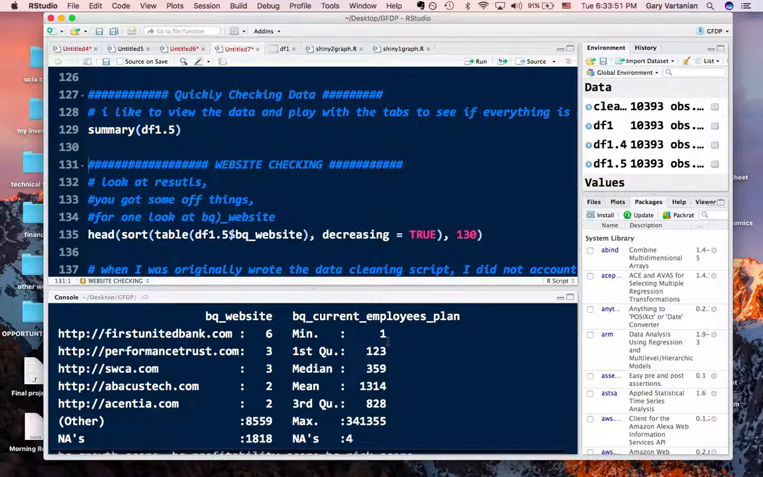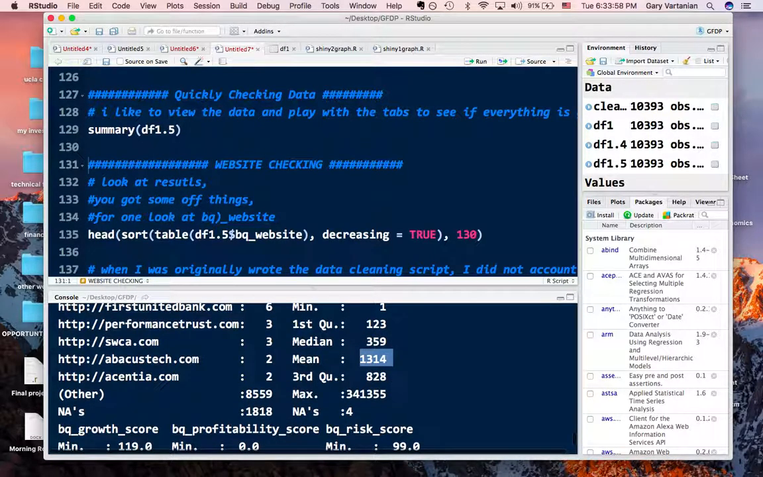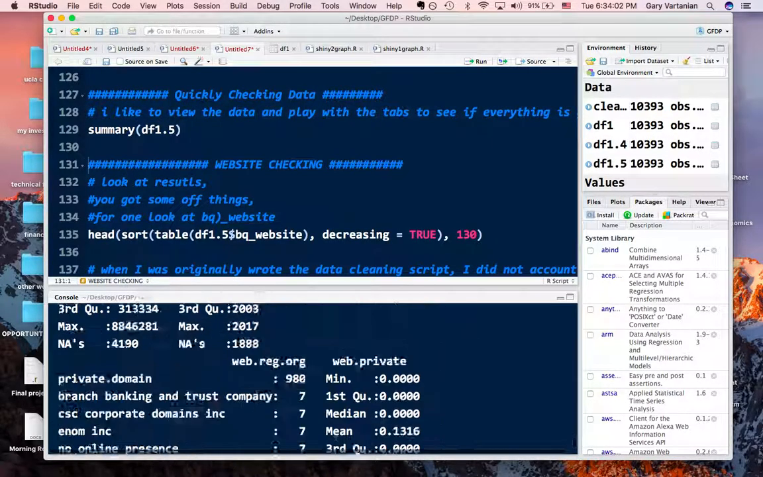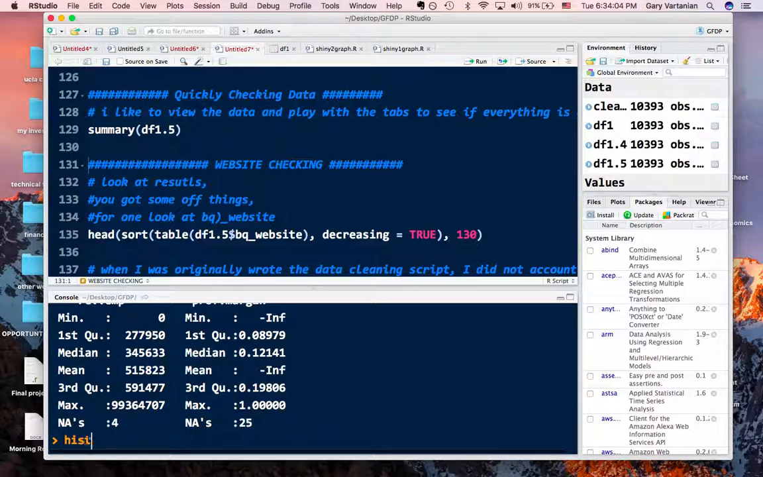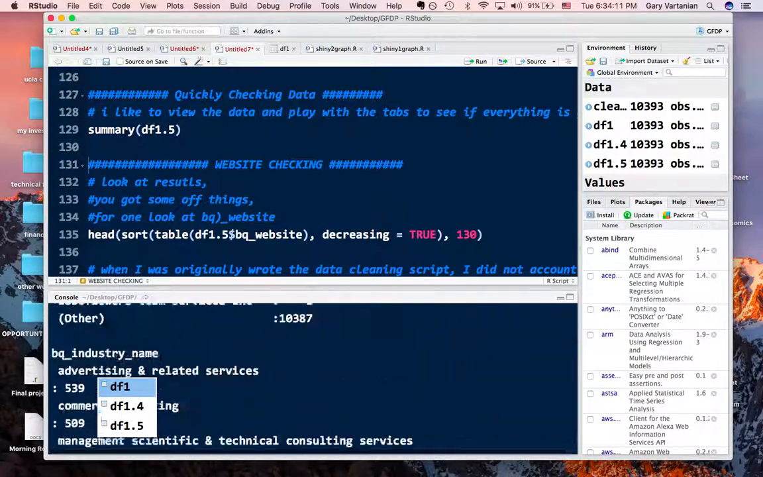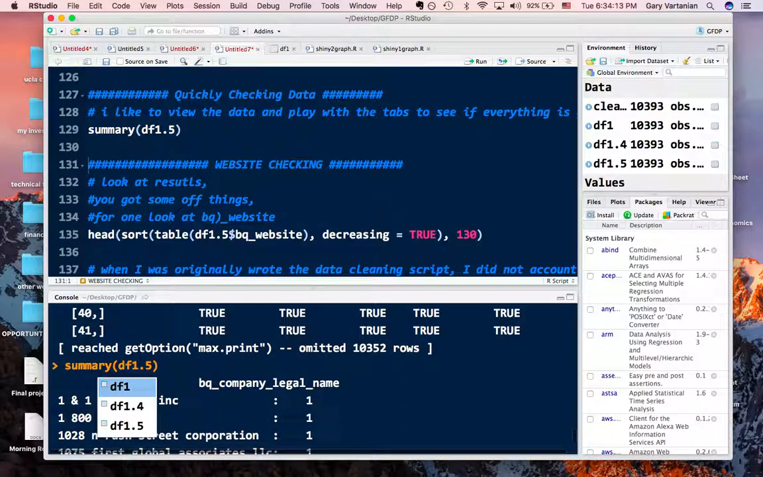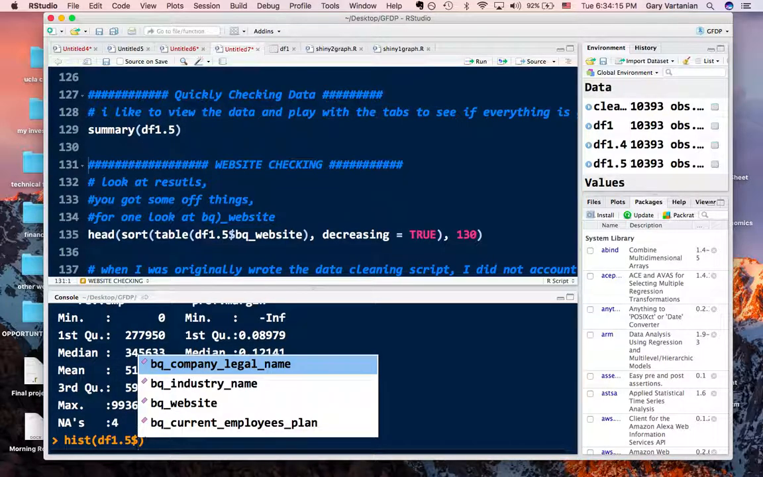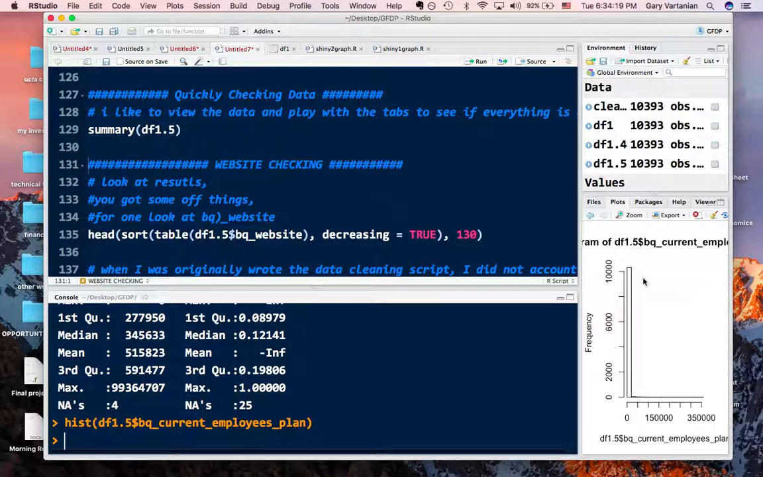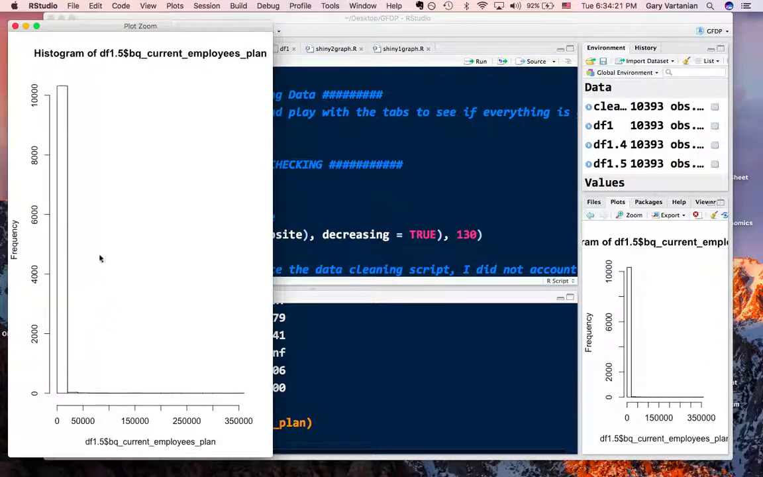So over here it looks kind of skewed. The median is 359 and the mean is 1,314, and you can kind of see that because of this really large number. If you want to quickly take a look at it, run a histogram of df. What is this? Is this 1.5? Okay, this is 1.5. And I want the PQ current employee plan. Boom. Okay, this is not